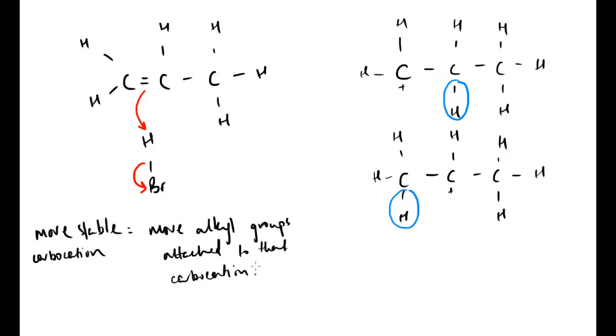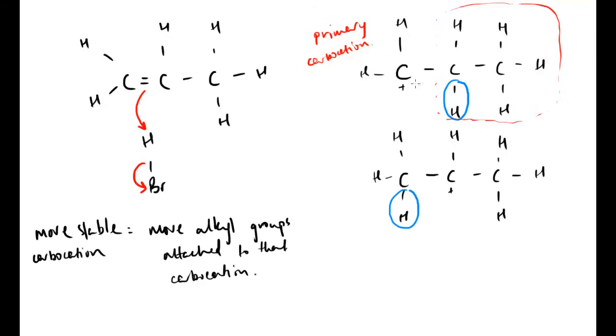So if we look at this example here, choose a slightly different colour, this carbon here has one alkyl group. This whole thing here, the whole thing around, that is an alkyl group. Yes, it's an ethyl group, it doesn't matter, it's just treated as one alkyl group. And what we could say is that this, because it has one alkyl group attached, is a primary